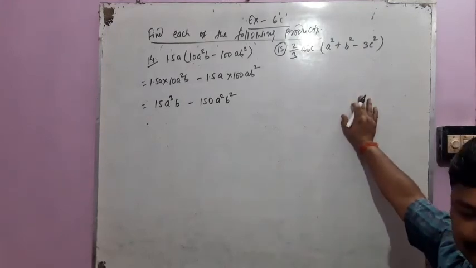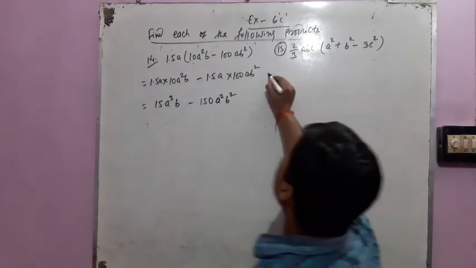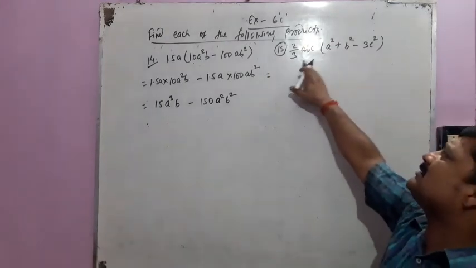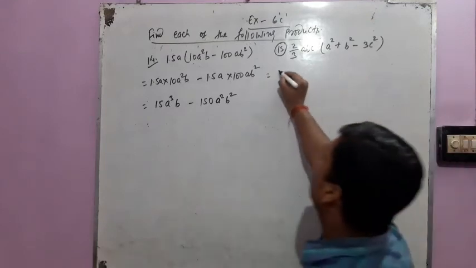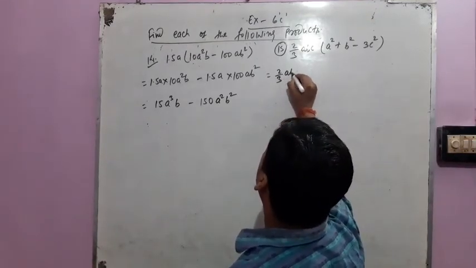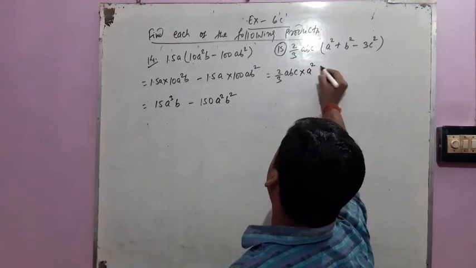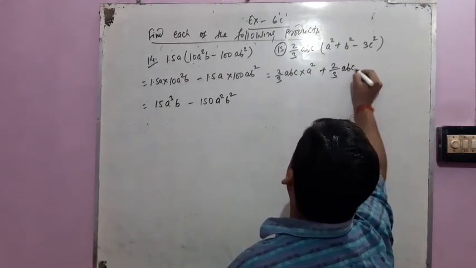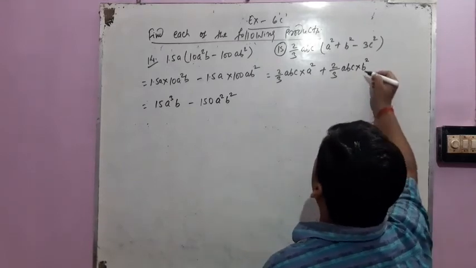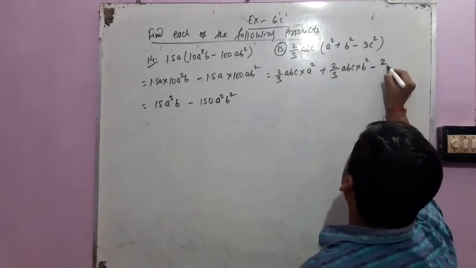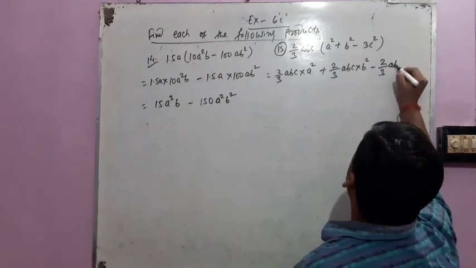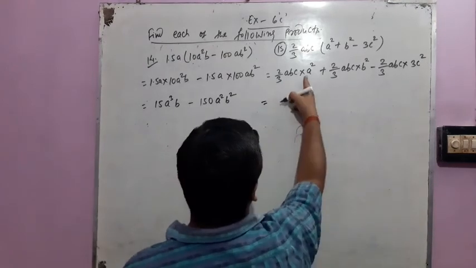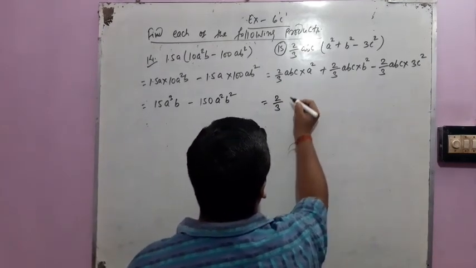So look here. First, there is no confusion, whether it is a trinomial or quadrinomial. Multiply each term with the monomial. 2 by 3 ABC we have to multiply first with A square, plus plus plus, then 2 by 3 ABC we have to multiply with B square, again plus minus minus, again 2 by 3 ABC we have to multiply with 3C square. Now here there is no constant term, so we have to write here 2 by 3,